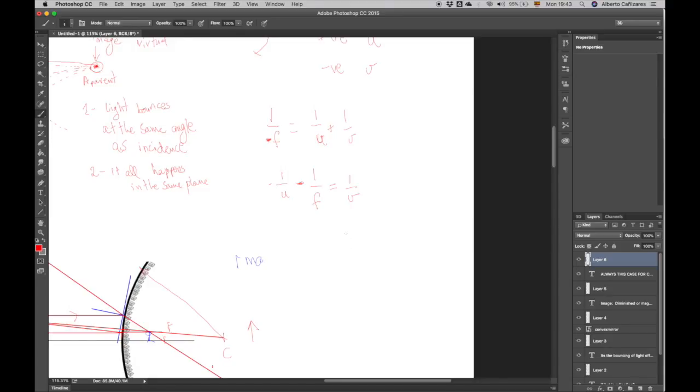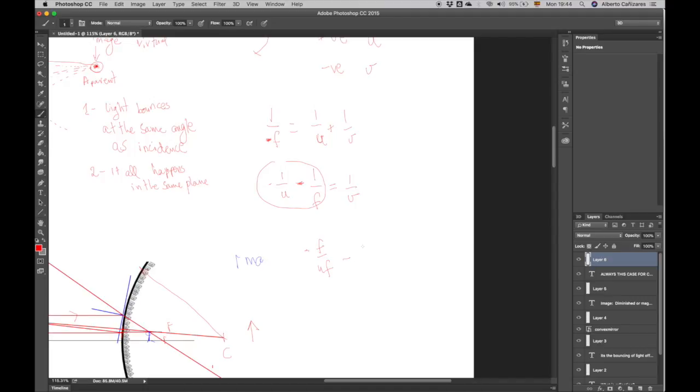So what's happening here? Well, I'm going to combine this into a single fraction. To do that, I need to make the bottom of the first fraction the same as the bottom of the second fraction. So I'm going to multiply the first fraction, top and bottom, by F, and I'm going to multiply by U, the top and the bottom. So I'm going to have something like minus F divided by UF